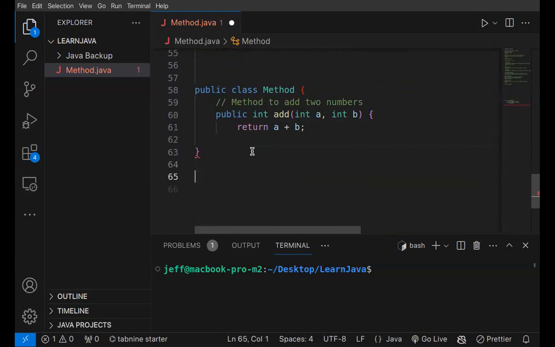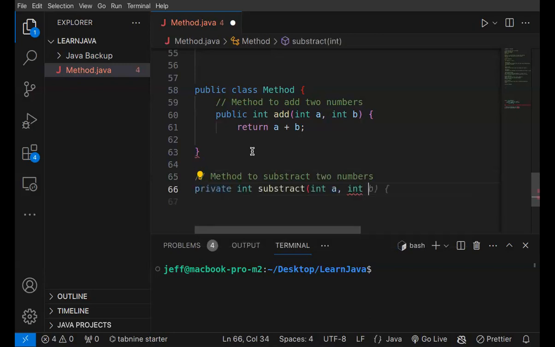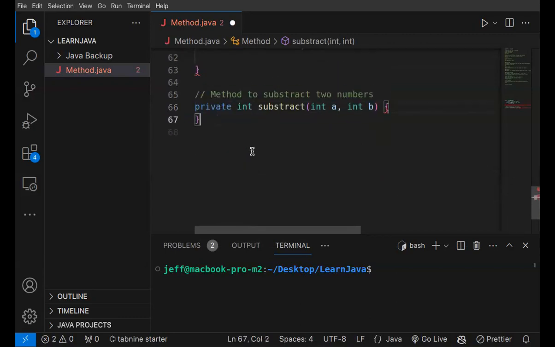The next part is we want to try one thing, which is to subtract. A method to subtract two numbers. So we shall create another method, which is going to be subtract. If I have a method to subtract, we just need to close this bracket. Now what we're going to do is create a public method with the instance subtract, which is literally supposed to be